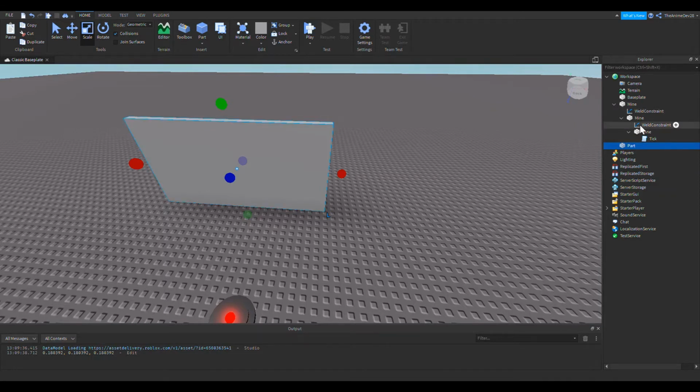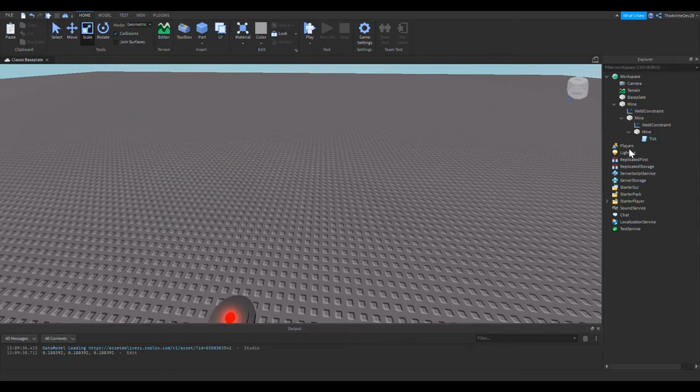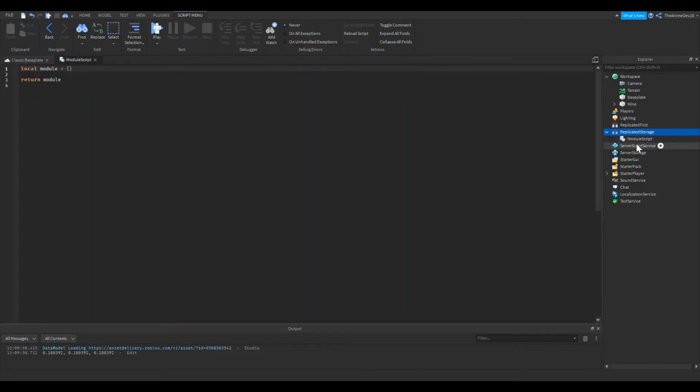So that's the idea of it, and I'm going to be using, like I said, object-oriented programming to make this. So let's get started with this. The first thing that I'm going to do is create a script, and I'm going to put it into replicated storage. And once again, since I'm doing object-oriented programming, I'm going to use a module script for this.